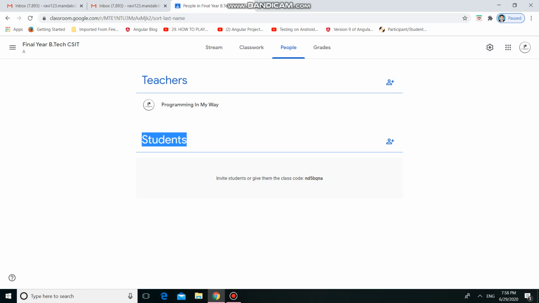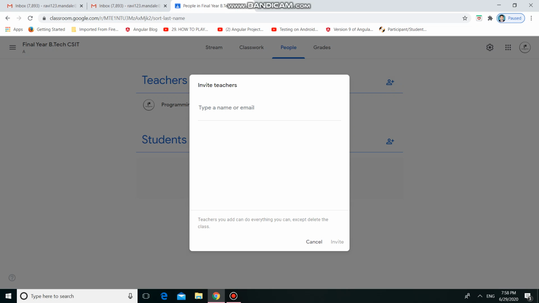It may be possible that your course or your batches are handled by some other faculty. You can add them by clicking on the invite button and directly adding their email IDs over here. Whenever I add a faculty email ID, Google automatically identifies that faculty. Just select that and click on the invite button.